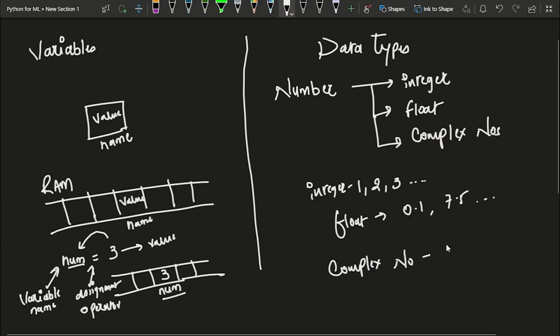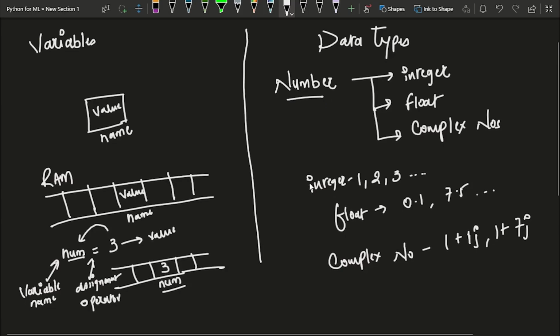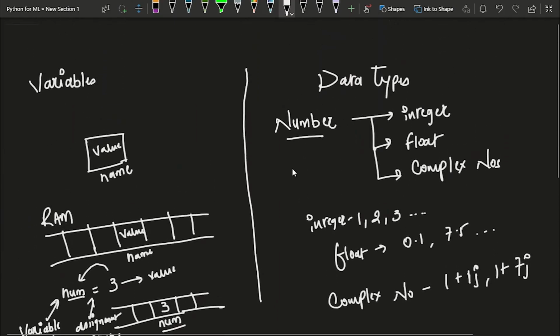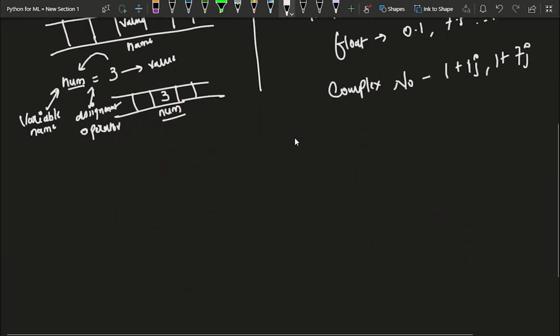So this can be represented as 1 plus 1j or 1 plus 7j, like that. So these are represented as complex numbers. So all of these 3 things come under the class called numbers. We will see what classes are later in some other video, but now just remember that all of this belongs to the class called numbers.